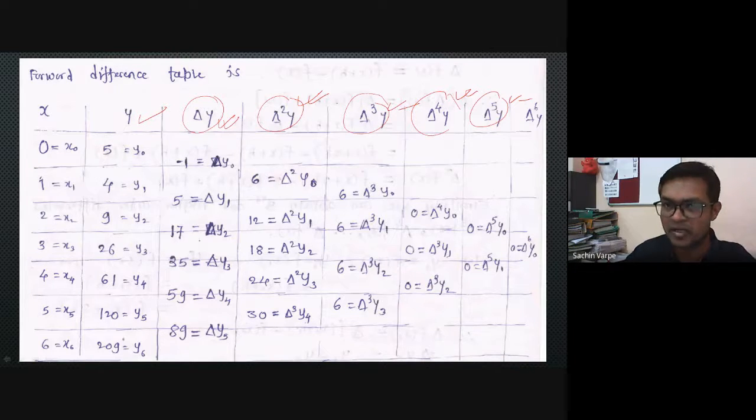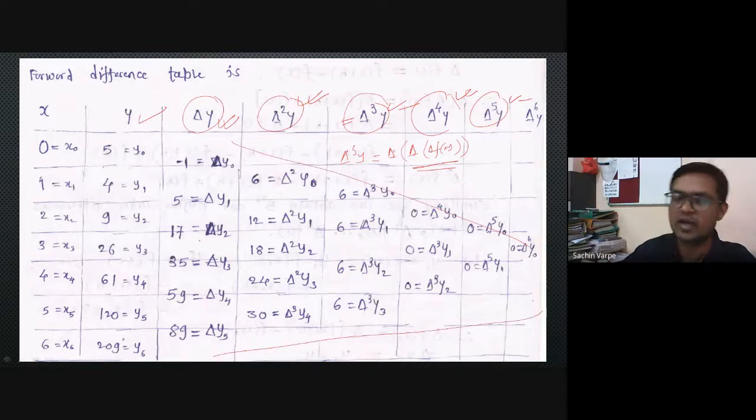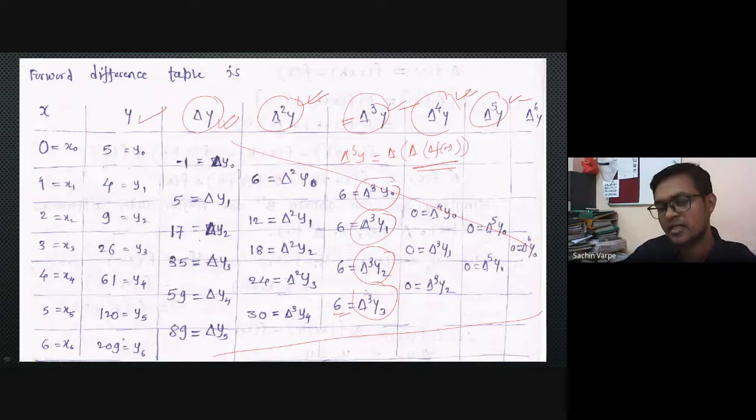If you go by formula, then that will be very much lengthier, you can say. If they ask to find delta cube, and if you are simply operating delta 3 times onto f of x, then that will be much lengthier, remember. So instead of that, if we use this forward difference to get the exact value, so if we ask to find delta cube of y3, then this is delta cube of y0, delta cube of y1, and this is delta cube of y2, y3, so that will be 6. So directly the option will be 6 there.